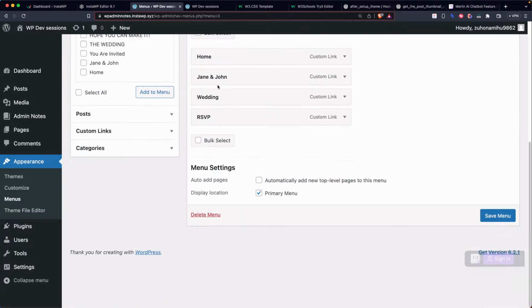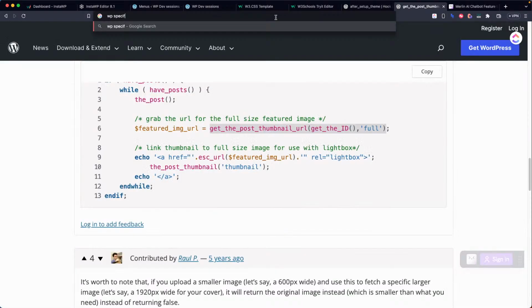So that's the first section. You enable your theme, you tell your theme to support menus, and then you create the menu, or you let users create the menu. You let them select the location, and after that you tell your WordPress theme, you specify the location in your WordPress theme. And let's see how to do that. So we can go here, WP, specify menu location in theme. Something like that should give us